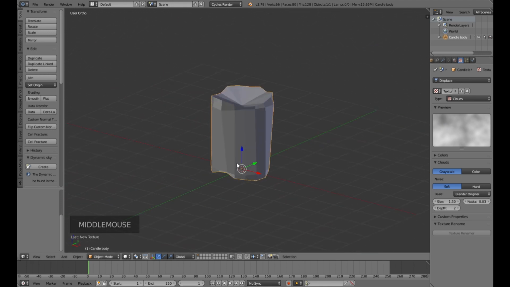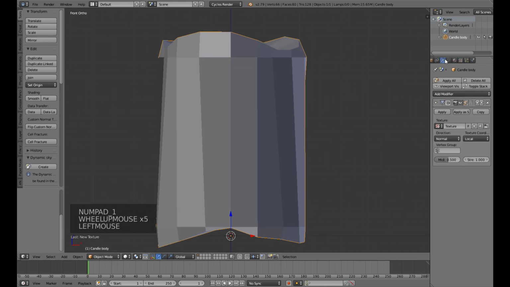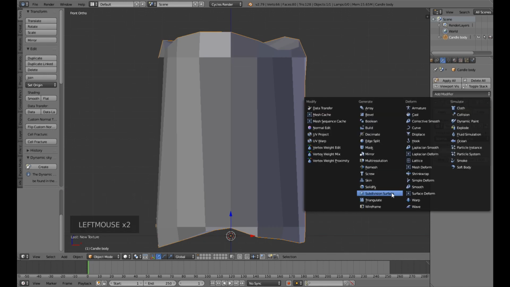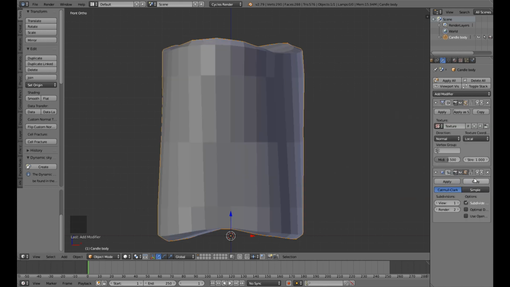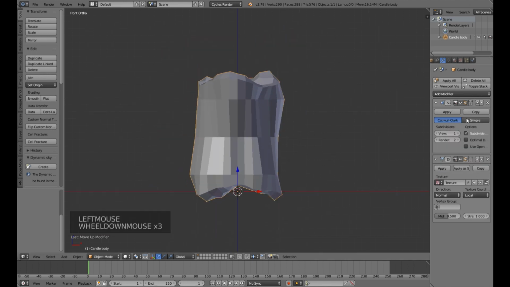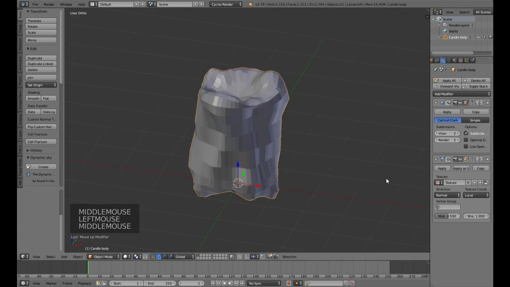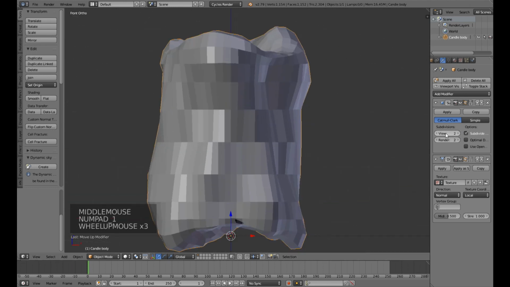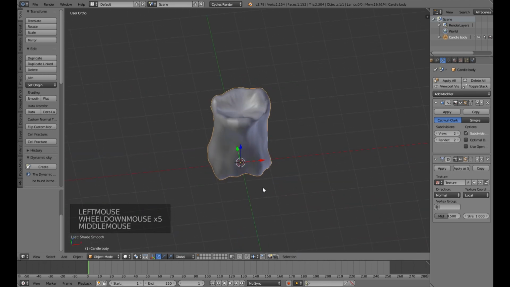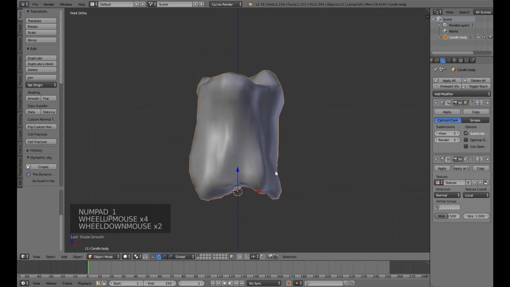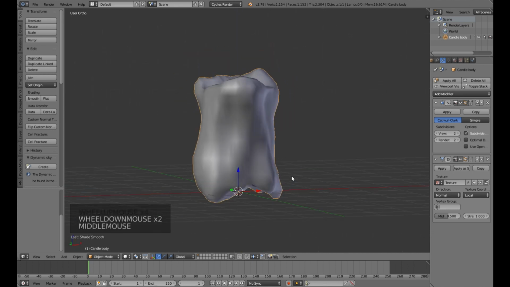And I can see that it's not looking too nice because we need to introduce another modifier, which will be a Subsurf modifier, and send this Subsurf modifier over on top of this Displacement modifier. So clicking on this will send the Subsurf modifier on top of the Displacement modifier, and I'll increase the subdivisions to about level 2 and select smooth shading. You can see that the candle has been shaped with a lot of crevices,